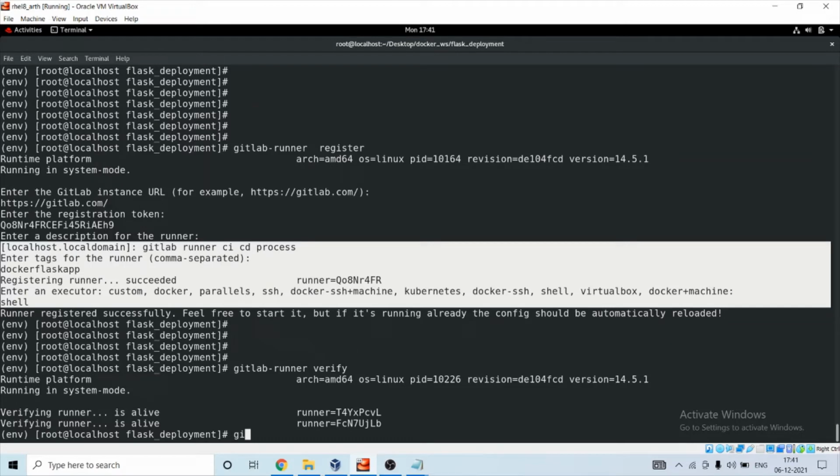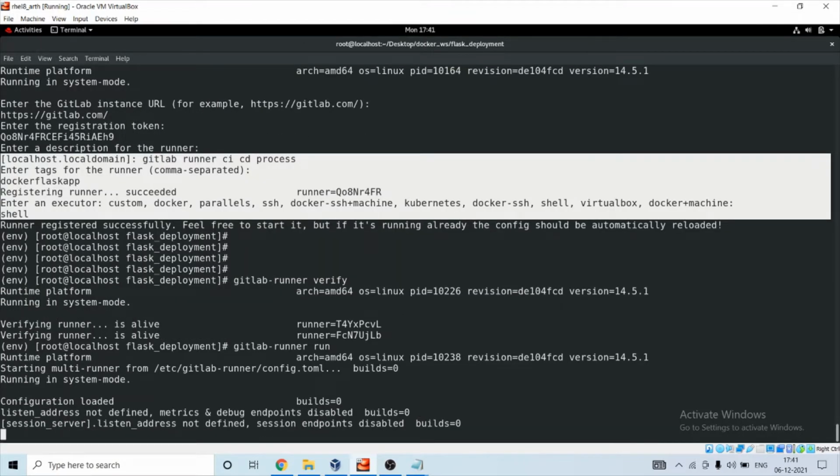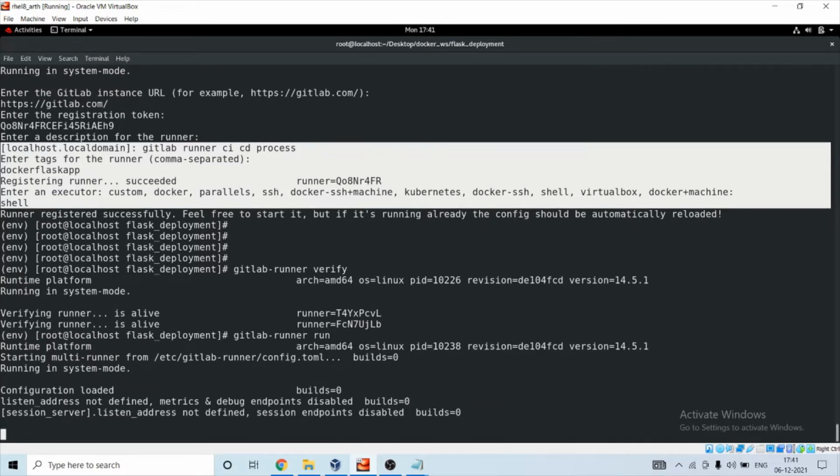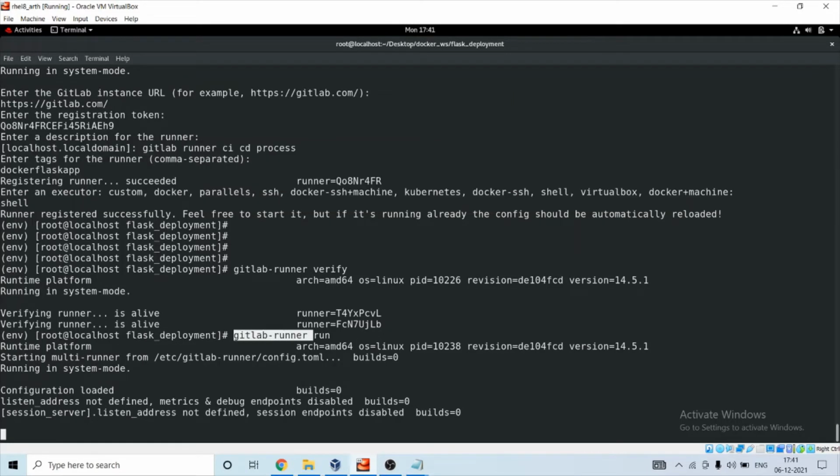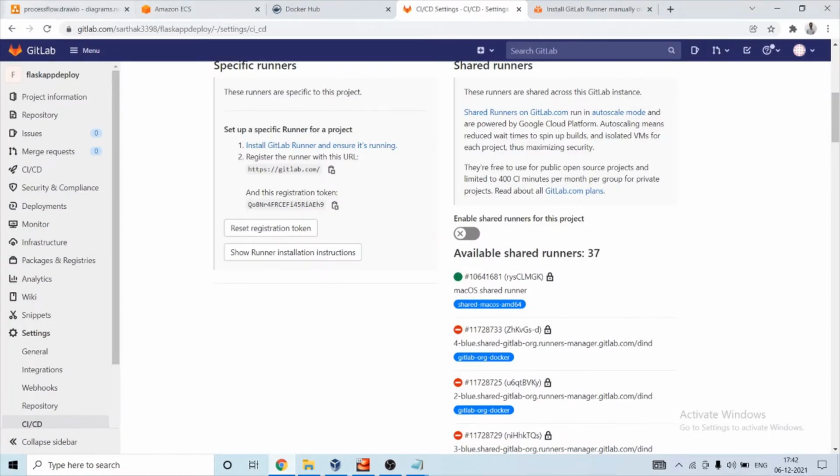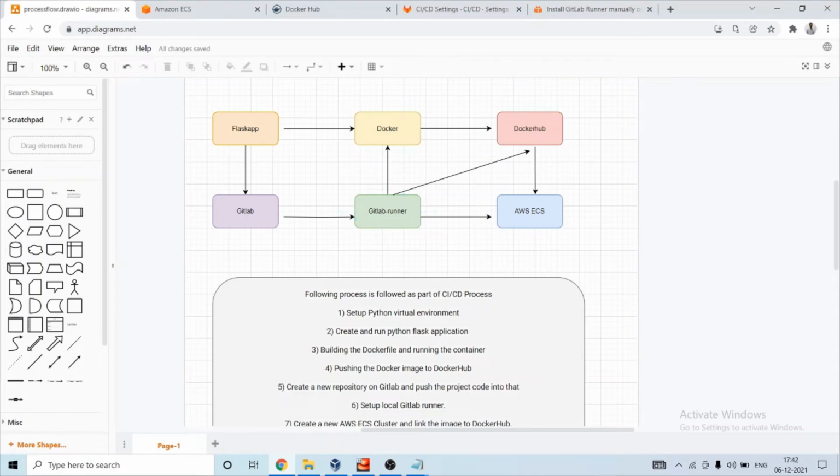So let's start our GitLab runner, run. Okay, so our GitLab runner has been registered and is listening. So now this part is also done.